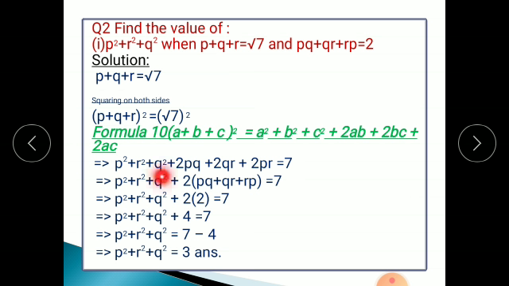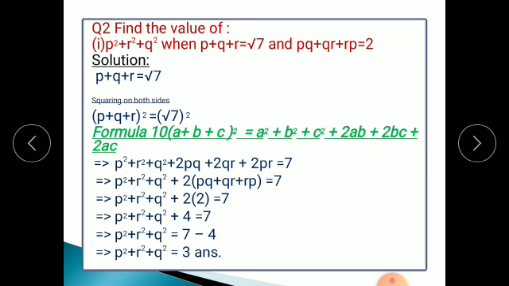Now again observe that here we can find the common factor from these three terms. So what is common here? 2 is common. So the first three terms are as it is, and from the last three terms I have taken 2 as common. So what is left? pq plus qr plus rp. Now just see in the question the value of pq plus qr plus rp is equal to 2, already given. So I have just written 2 instead of pq plus qr plus rp. The value of this term I have written here.